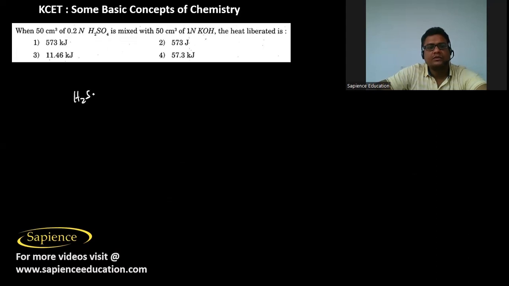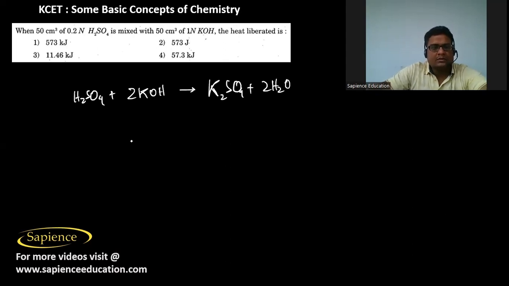So H2SO4 is mixed with KOH. Then the 2 moles of KOH will form K2SO4 plus 2H2O. So now here, 0.2 normal. Therefore, as you know, normality is equal to the molarity times the valency factor. Now, for H2SO4,